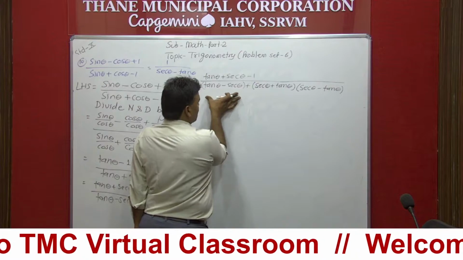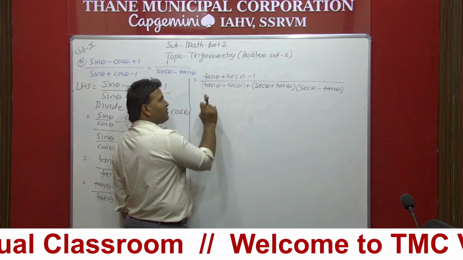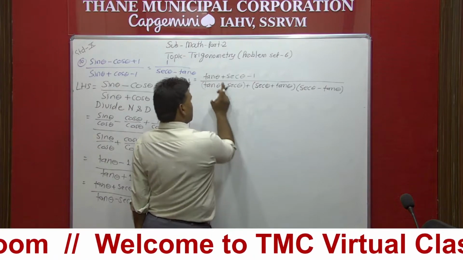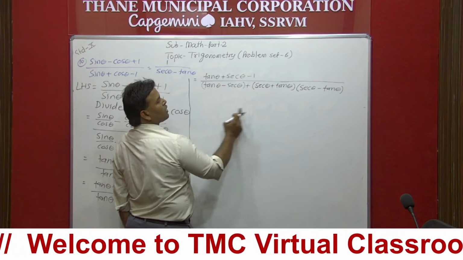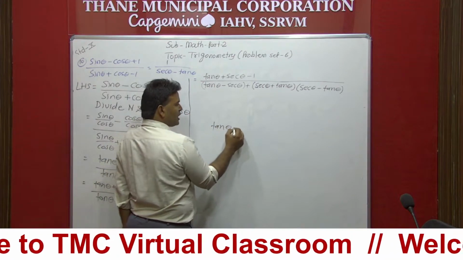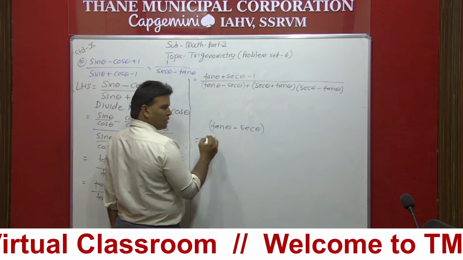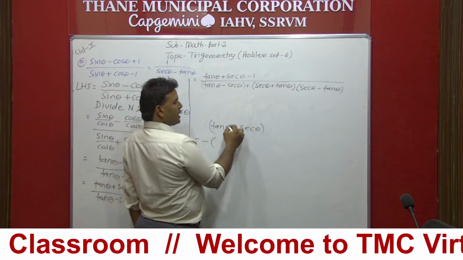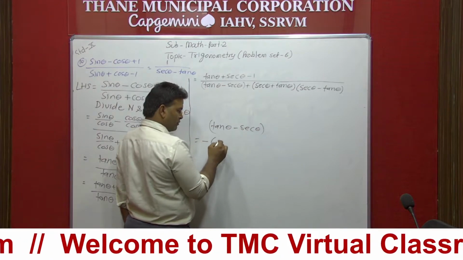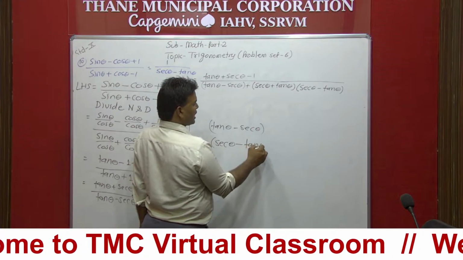Now here we are having two terms. This is one term, this is another term. In both the terms, I have to take something over. Here we have tan theta minus sec theta, and here we are having sec theta minus tan theta. Now I can change this one in terms of sec theta minus tan theta. How? Just pay attention. Tan theta minus sec theta we have. But if I take minus common, so what happens here? This negative will become positive and this positive will become negative. So here sec theta is negative, so this will become positive sec theta, and this is going to be tan theta with a negative sign.